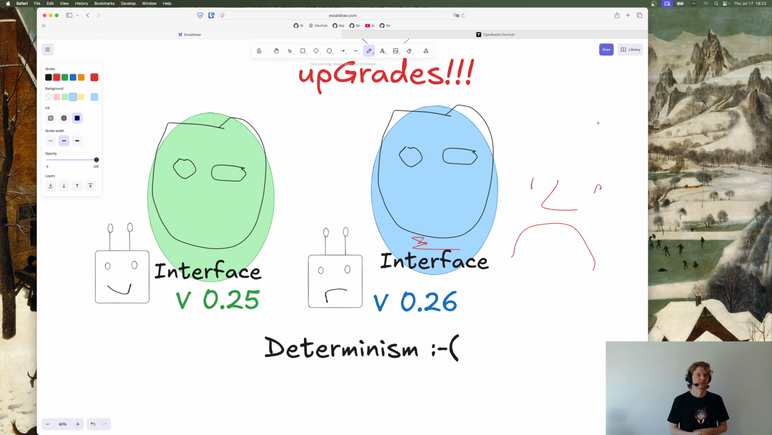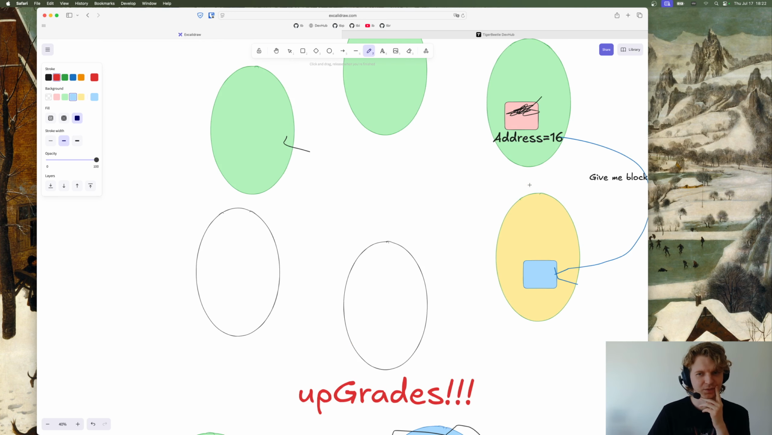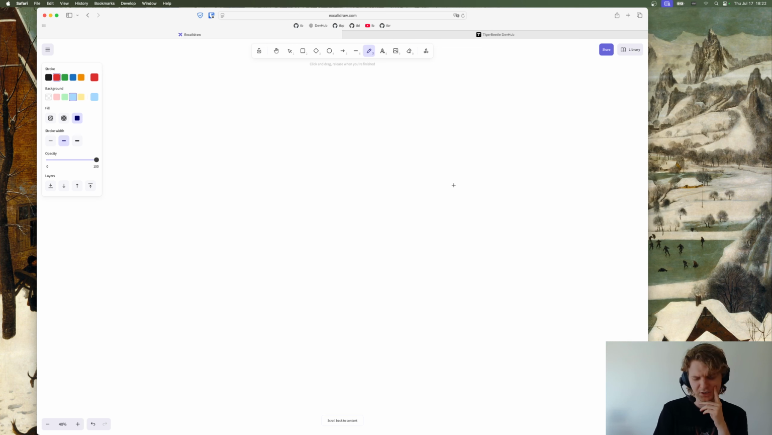Okay, what is the solution? The solution is crazy, really crazy. It is the best instance of systems programming design I've ever seen. Okay, so the idea is this: